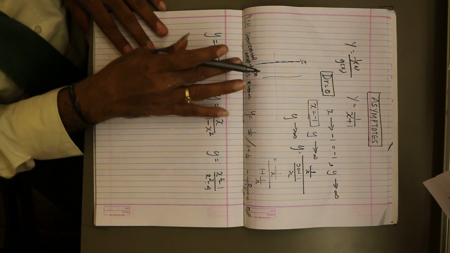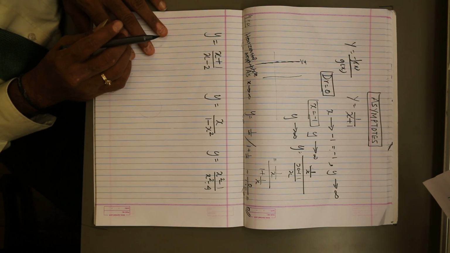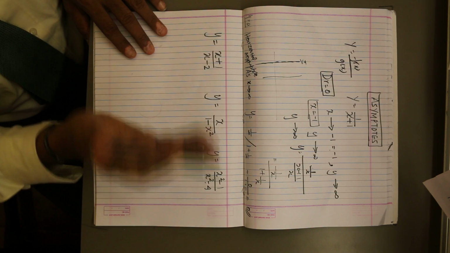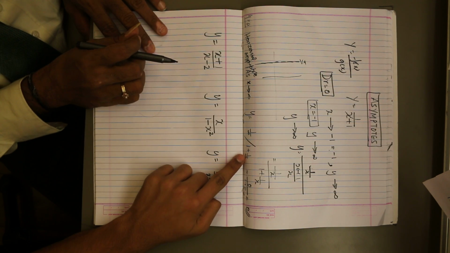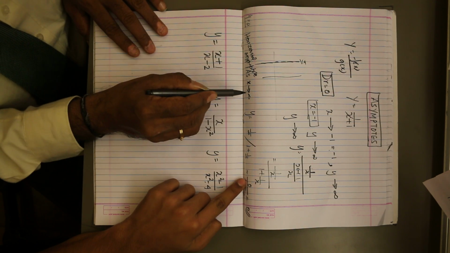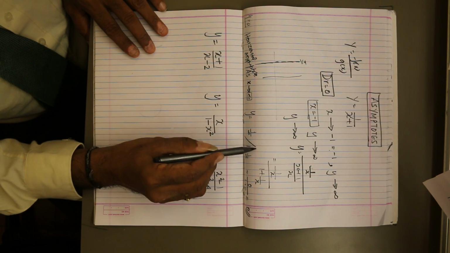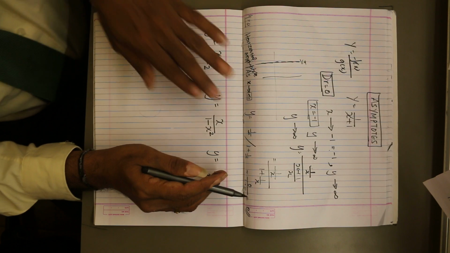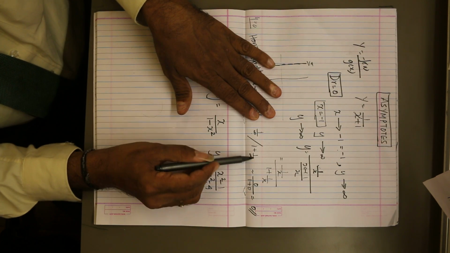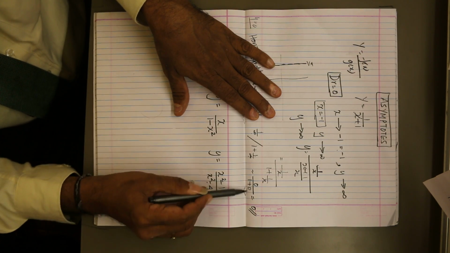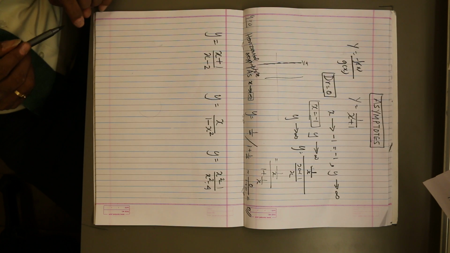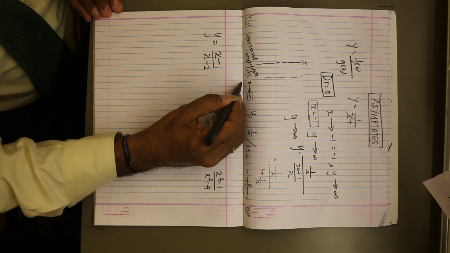It will tend to go closer and closer to the x-axis, but it won't touch. So this is the way you understand the basics of asymptotes. I put x tends to infinity. 1 by infinity is 0, 1 by infinity is 0, 0 by 1 plus 0 is 0. Correct. Now let's go and discuss a little more